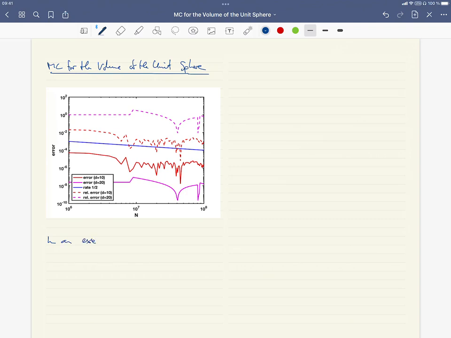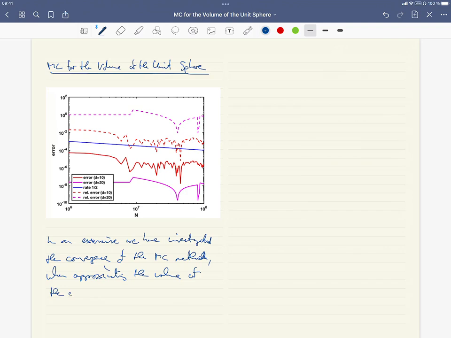So in an exercise, we have investigated the convergence of the MC method when approximating the volume of the unit sphere, which, by the way, you can compute on paper. Well, it involves a gamma function. But so, using uniform samples in every direction, or in every dimension,